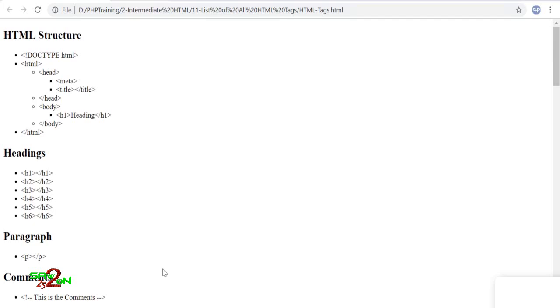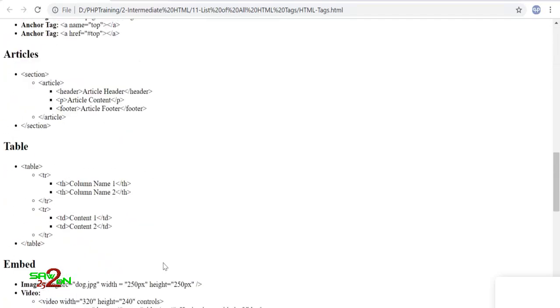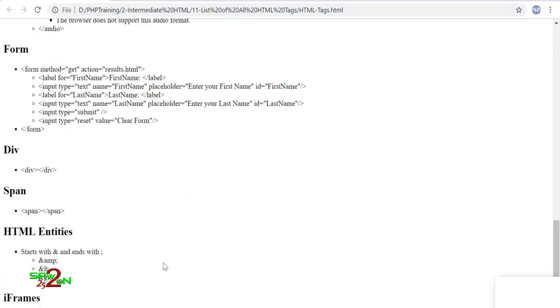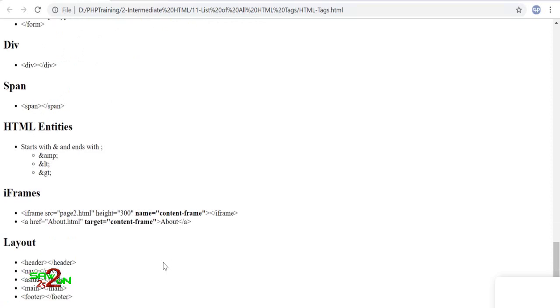This basically covers most of the tags that are required for you to build an HTML page, and there will always be new tags coming up and old tags removed in HTML. So I'll give you a link where you can find the list of all the HTML tags with nice documentation as well. So you can go ahead and reference all those HTML tags that are available in the specification.